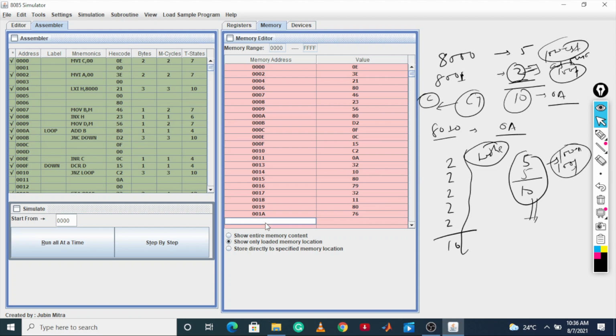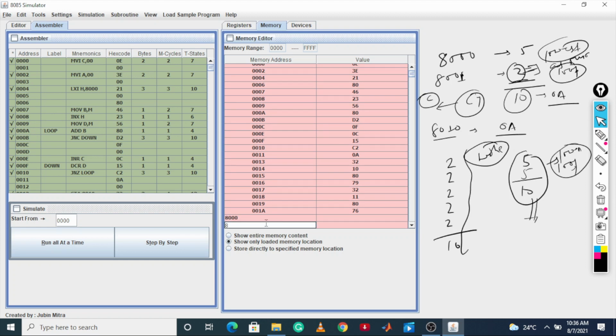And what we need to do, we need to feed the data at 8000 and 8001. We are going to feed our two values, suppose we are keeping 05, now making 02, enter.